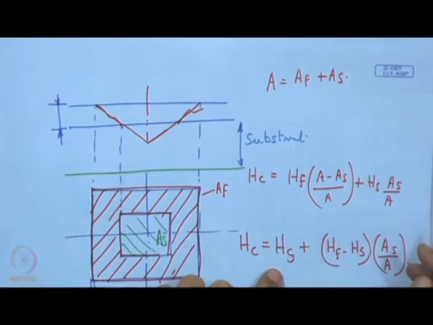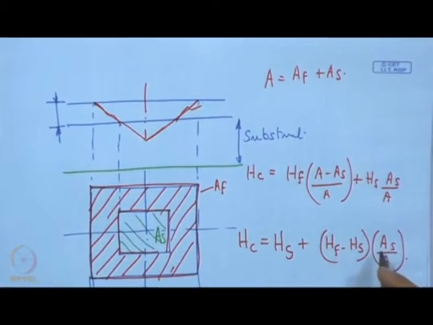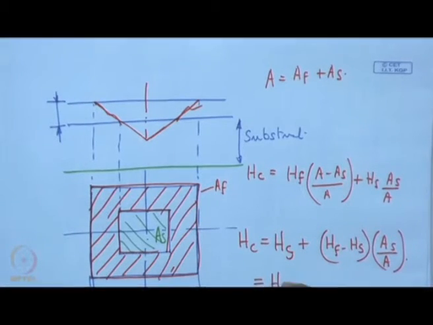So, we can have a substitute for HS, and from that we can write HC is equal to this one, and this can be written as HS into 2 CT by D